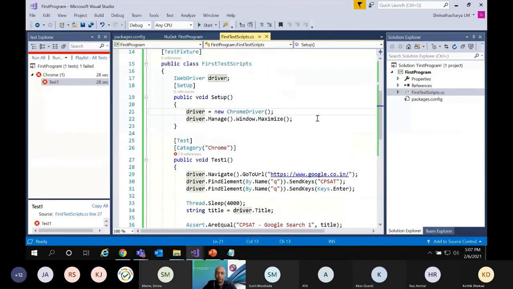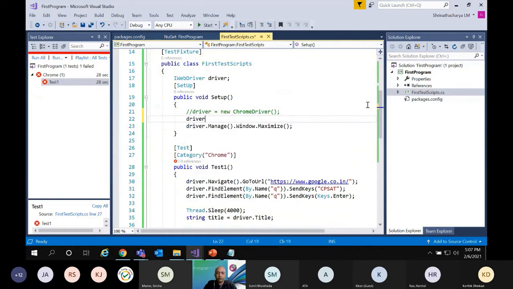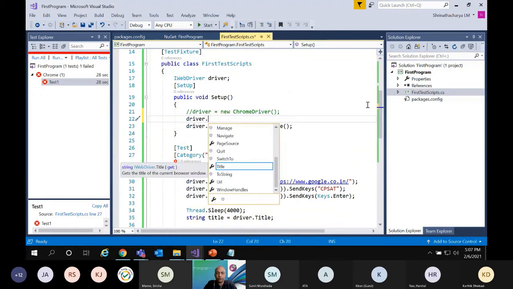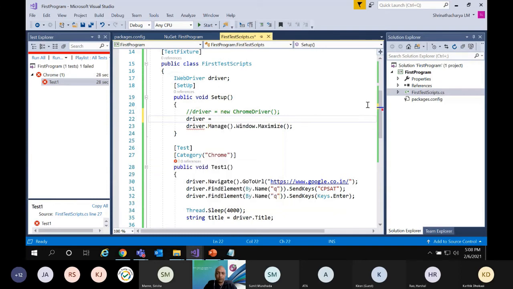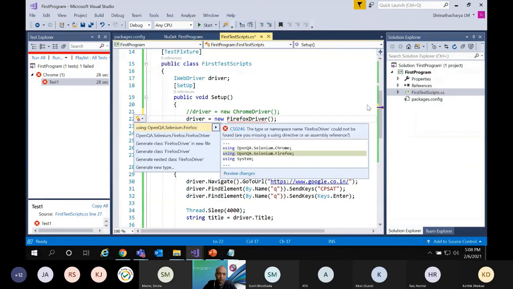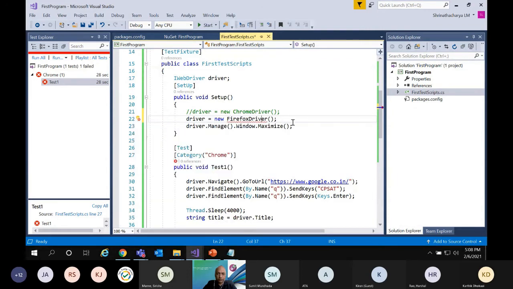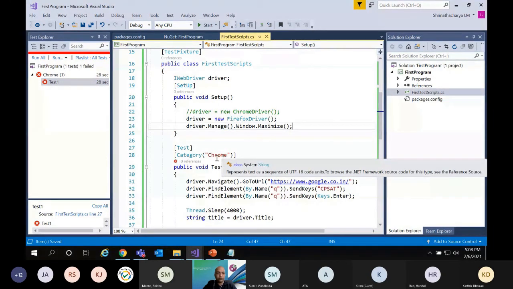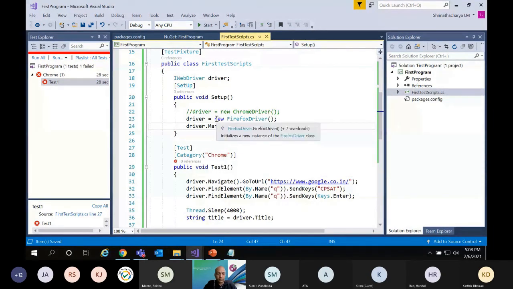Similarly, if I want to run the same program with Firefox, what I will do is new FirefoxDriver. It is coming from Selenium Firefox. Now actually the category is Chrome, it is Firefox. We should change it, let it be like that.